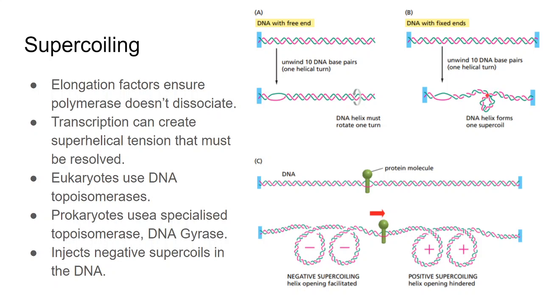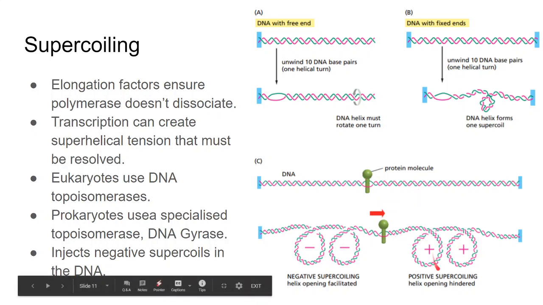I think I've attached a video in one of the previous lectures on how supercoils are formed and how supercoils are relieved, so you can refer to those videos again. It's the same concept here. That's what happens when you have a protein molecule, the transcription machinery, moving forward. You will have formation of positive supercoils ahead and negative supercoils at the back. Positive supercoils prevent opening of DNA and negative supercoils allow the opening of DNA. We'll talk about why that's important.